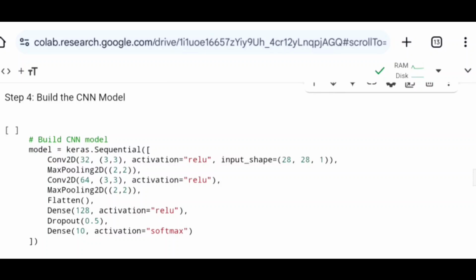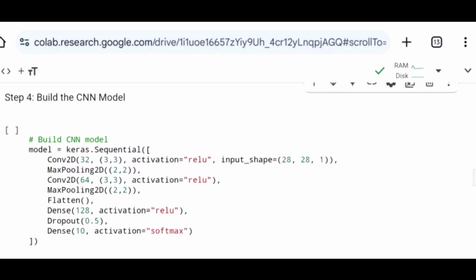The next one is dropout layer. And here, as you can see, I used to pass 0.5, which indicates 50% of neurons. This is quite an important layer, because it randomly turns off 50% of neurons during training and prevents the model from overfitting. Now in the last dense layer, which is also called the output layer, here I used to pass 10 neurons,